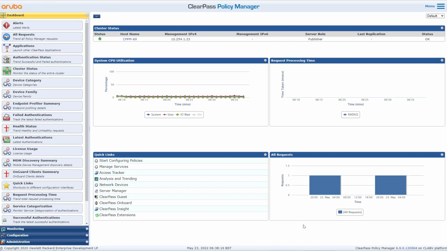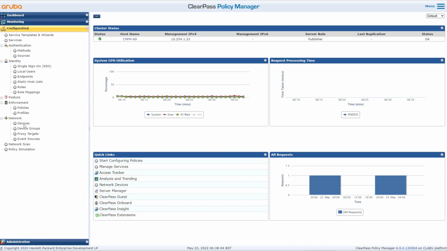Now, obviously, we will look later at the actual switch, how to configure the switch to communicate with ClearPass. And we have to make sure the switch has been added as a device, which is a ClearPass client, as we said before. In a previous video, we showed you how to do that, but I will also demonstrate this again, just as a revision. You go to configuration,